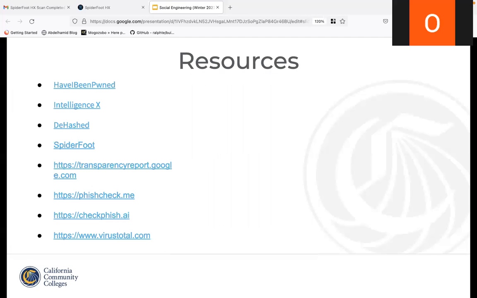Oh, so I'm actually almost done. There's a lot of time left over. So lastly, I'll go over some resources where you can find out what information is publicly available on you as yourself, or you could check it on behalf of your organization.